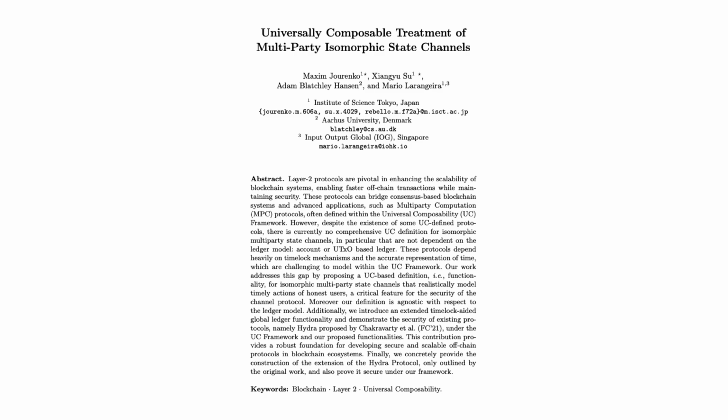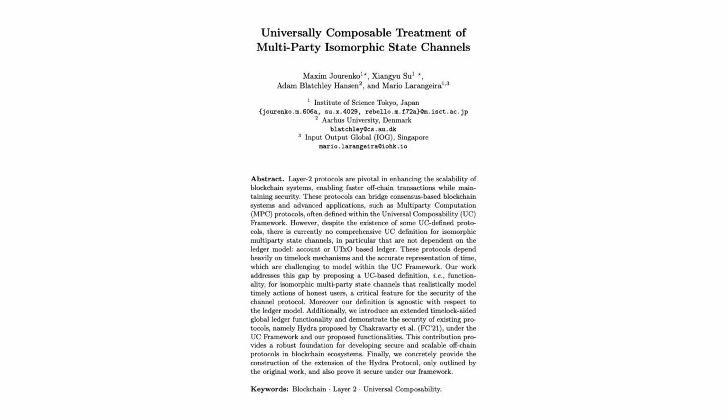Precisely. And that's exactly why Layer 2 protocols have become so pivotal in enhancing blockchain scalability. They effectively take the vast majority of transactions off the main blockchain, or off-chain. They handle them in a more private, much higher speed environment. We're talking about things like payment channels, state channels, virtual channels. The whole idea is to drastically cut down on that confirmation delay that's unavoidable when every little thing has to be written to the main ledger. It's a bit like setting up a tab at your local coffee shop, right? You don't pay for every single coffee immediately. You just settle up at the end of the week. Layer 2 does that for blockchain digitally.